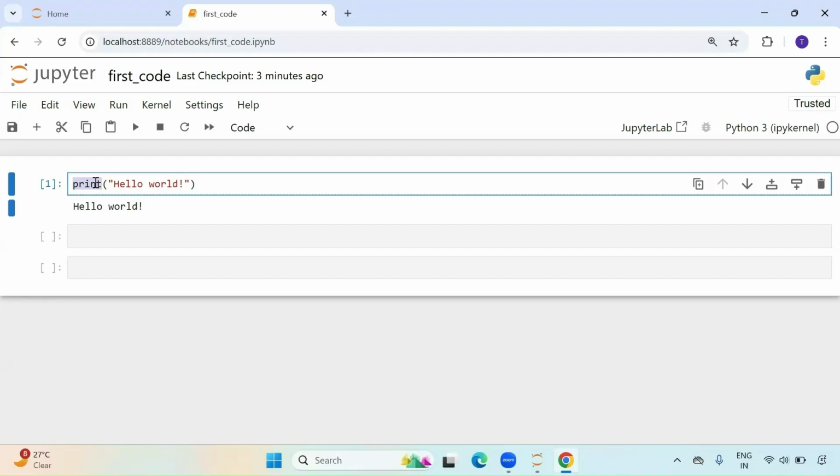We don't know the internal mechanism of how the TV remote button works, but we know what it does. So likewise, the print function, somebody else has written the code for this. We are just using this function. We know that when we give something as an input to this function, it is displayed on the screen. So a function takes certain input and it does a specific job. We'll have a more detailed discussion on function later in the course, but this is something that you need to remember for now. And that's it. You just wrote your first Python program.